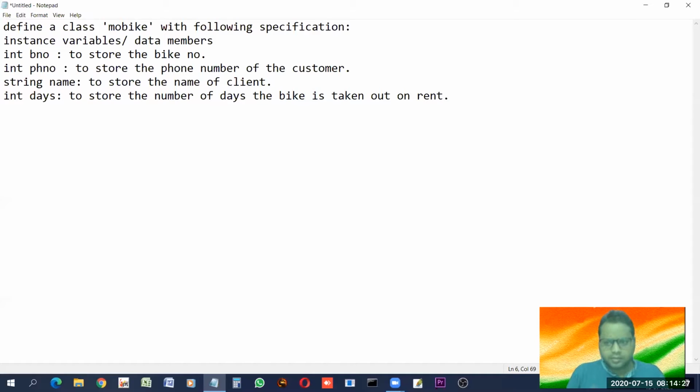Now you might be getting what kind of program this is going to be. You have to find out for what purpose this program is being made: to calculate and store the rental charge. So this program tells you everything, what variables you have to make and which variable is meant for what. So far we have understood that this program is going to be made for a company which rents bikes. Now another criteria,